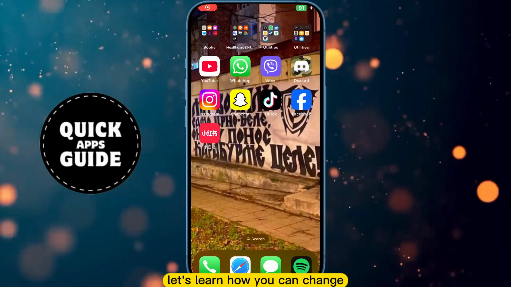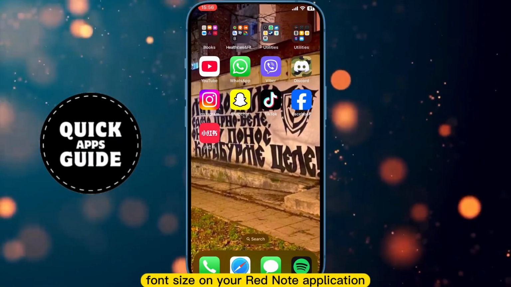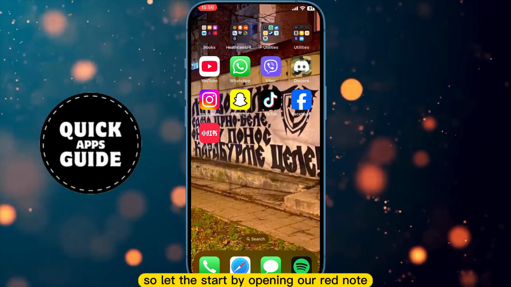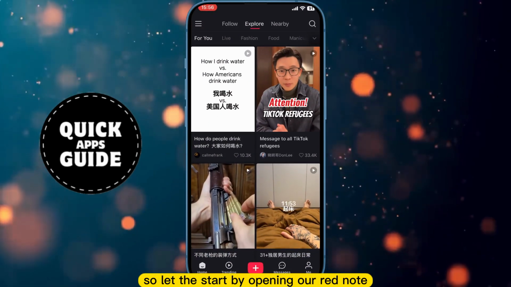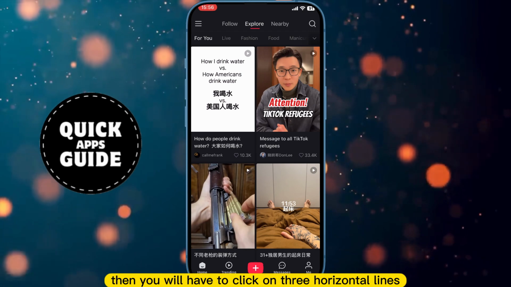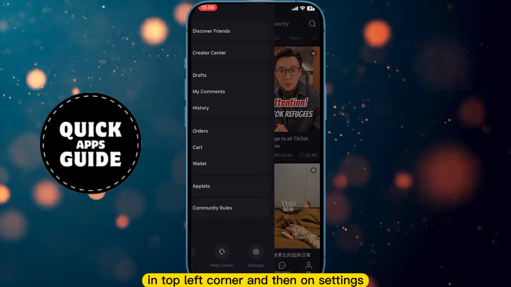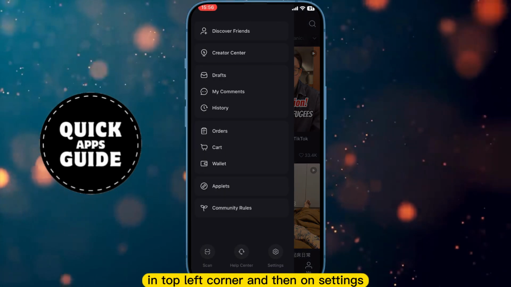Let's learn how you can change font size on your RedNote application. So let us start by opening our RedNote. Then you will have to click on three horizontal lines in top left corner and then on settings, this gear